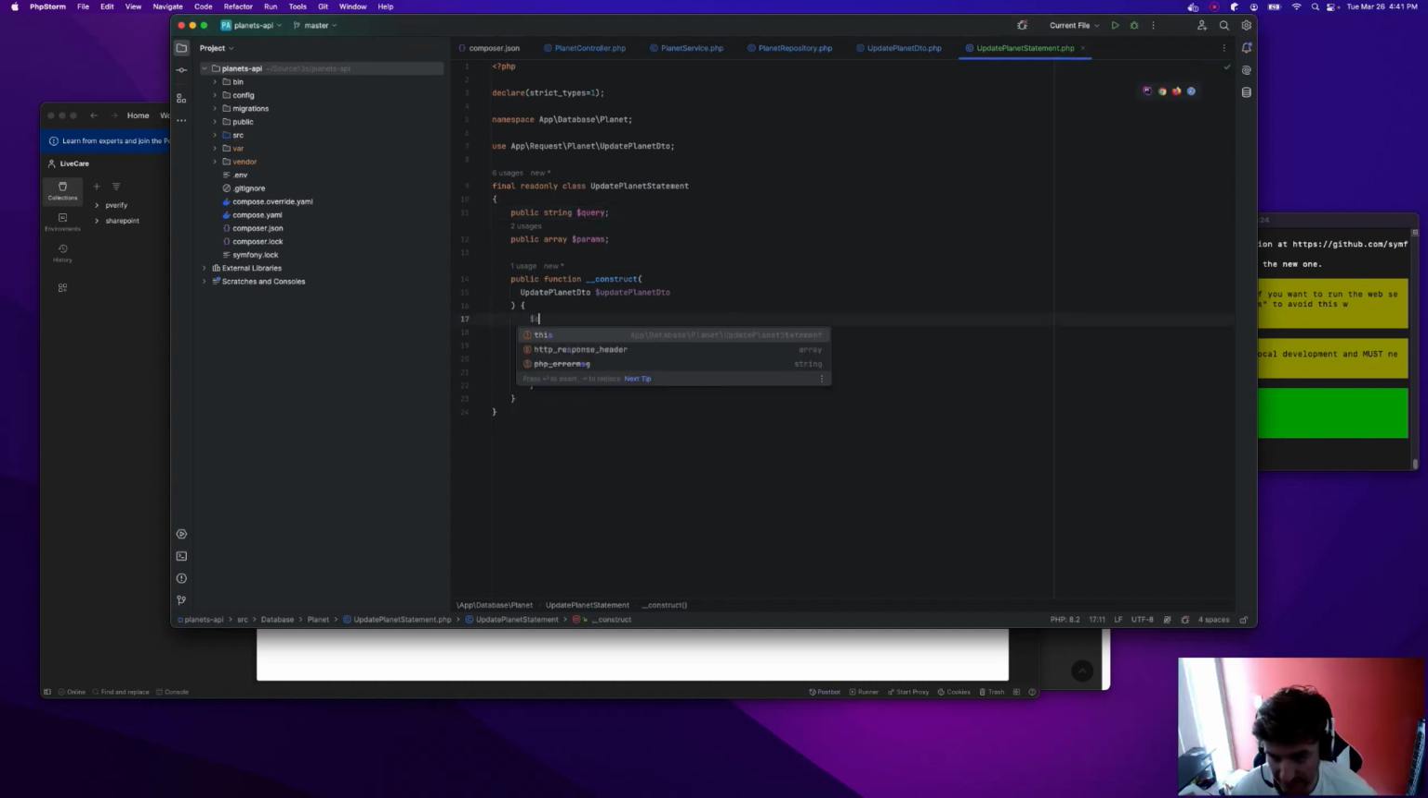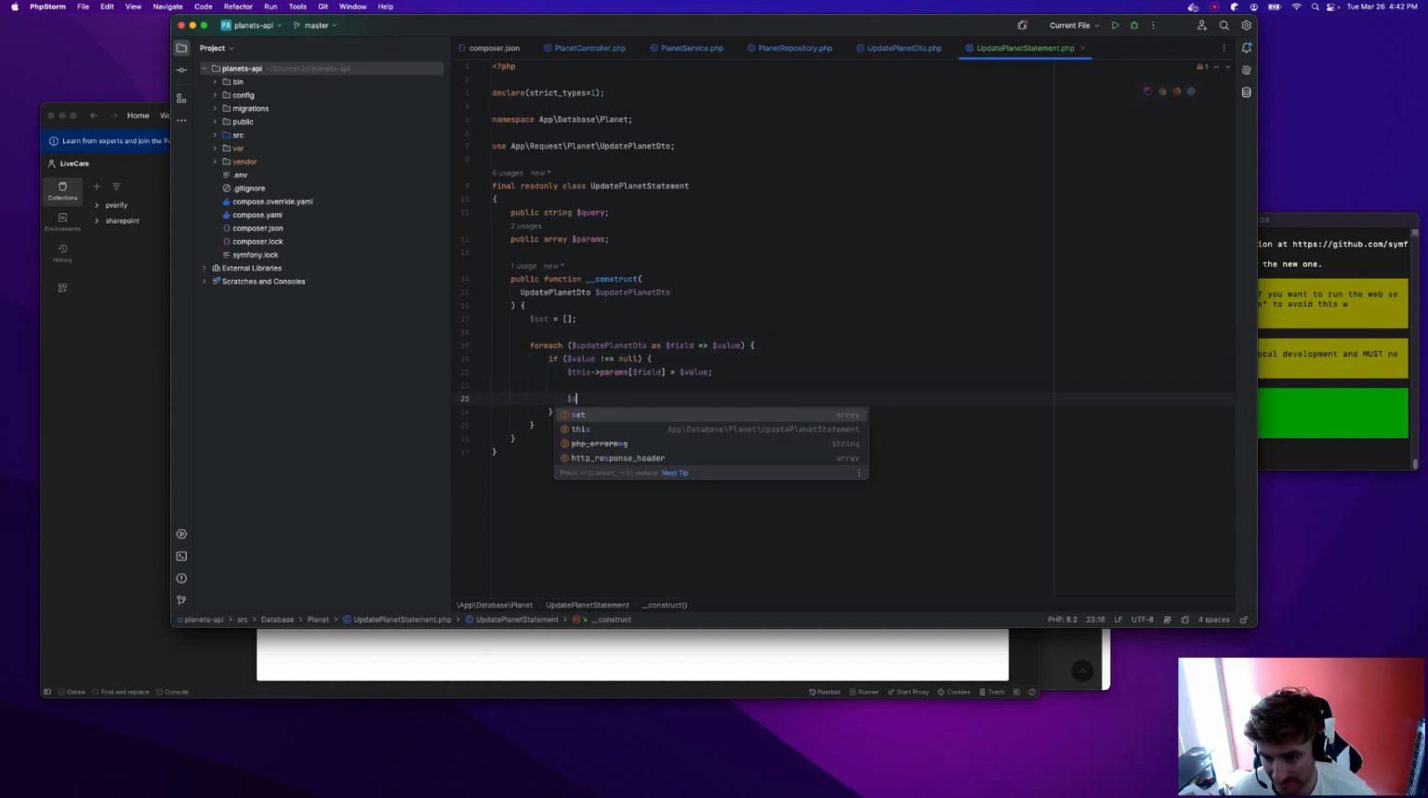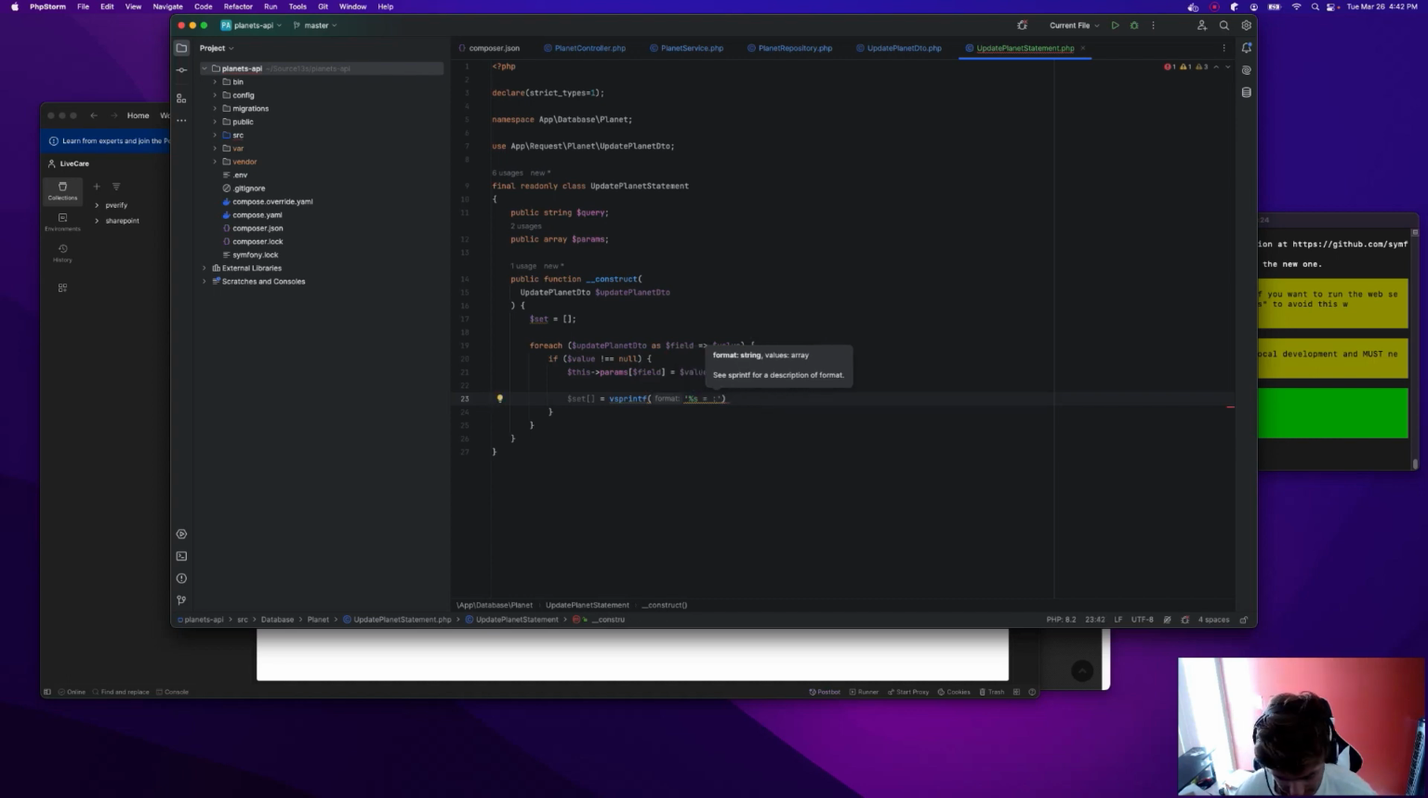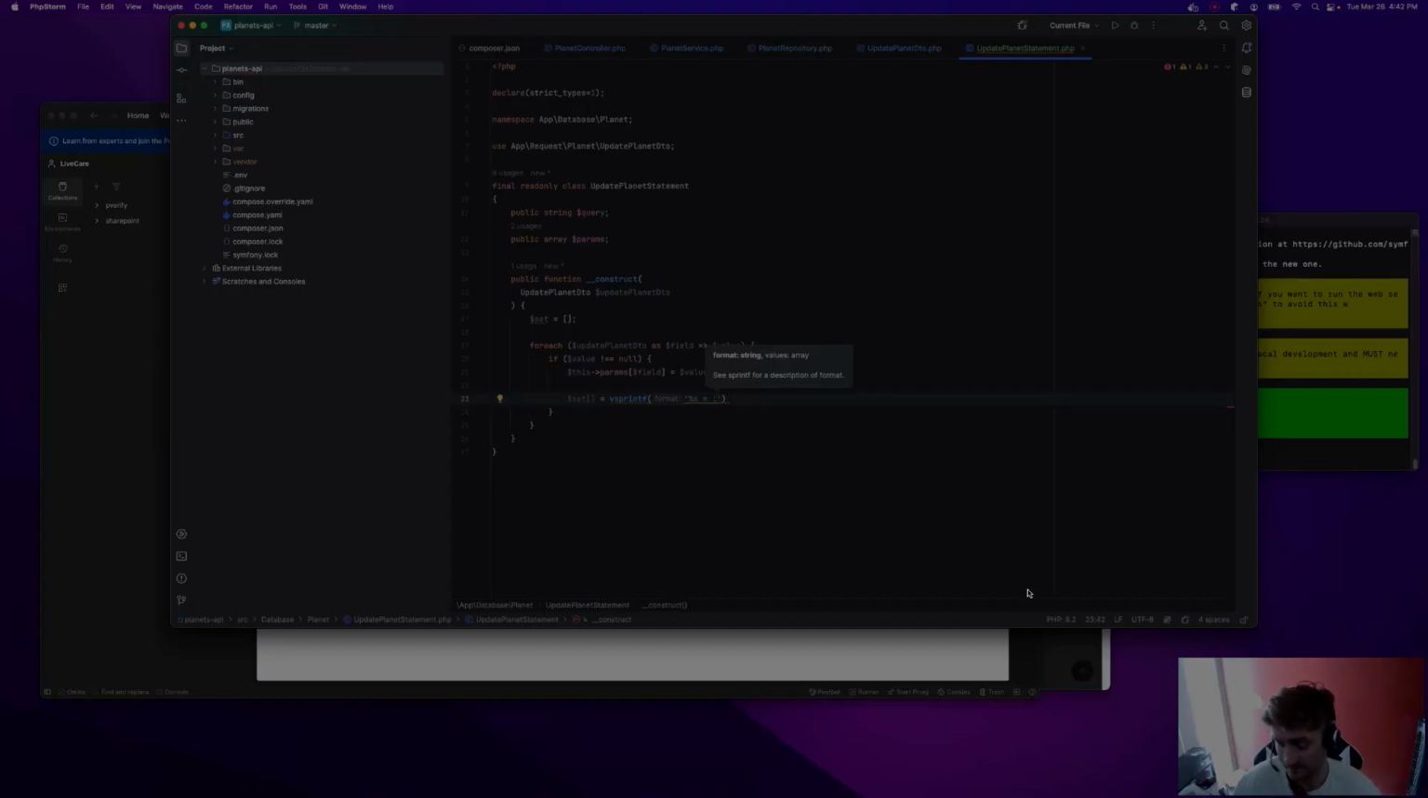I'm going to actually do this as an array and then implode it with commas. Set is just an empty array. And then we'll be like, the next value for set is going to be, we have set whatever %s equals,